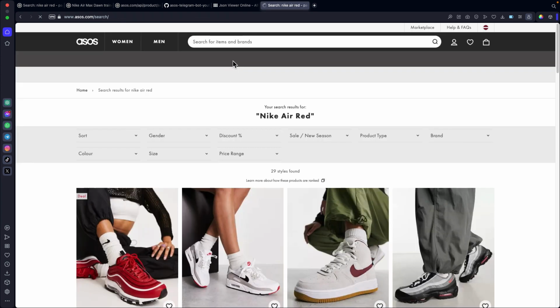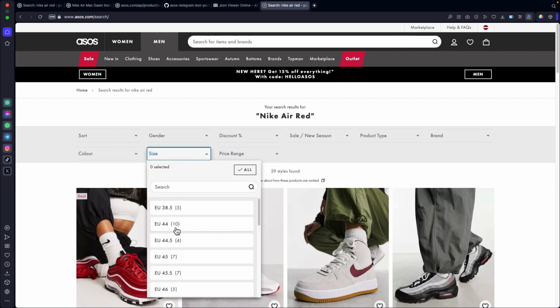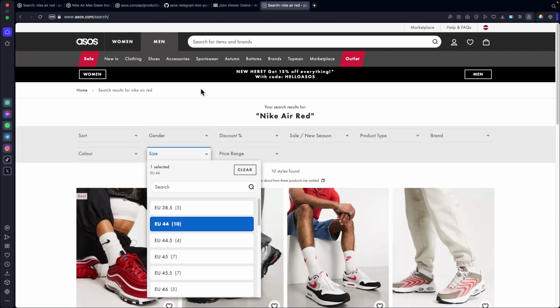What I also found is that when you choose your size, for example 44, there is a new attribute added to the URL request. For every different size, it has a different number that I will call size ID. For example, when you choose size 44, size ID is 71. Let's copy it and add this attribute to our URL request query at the end.